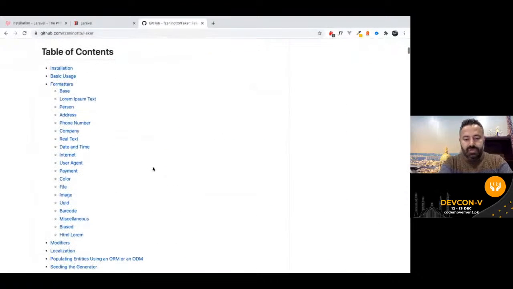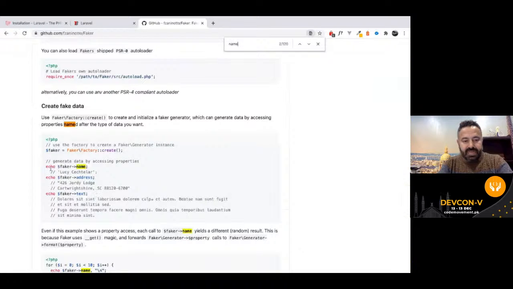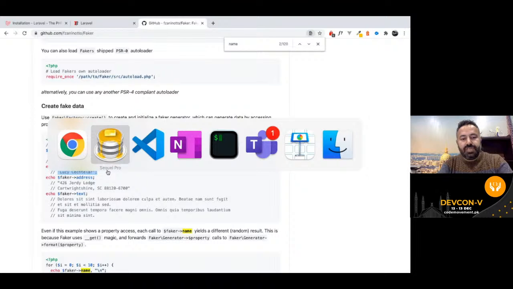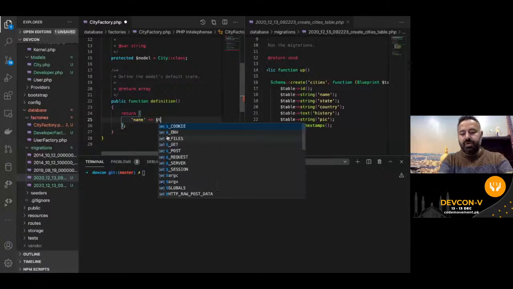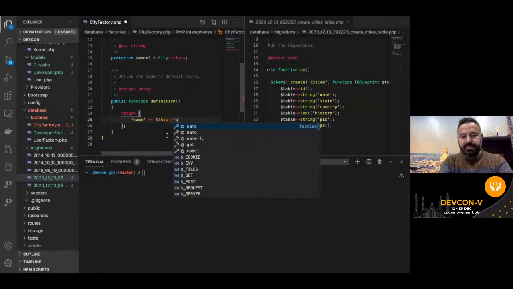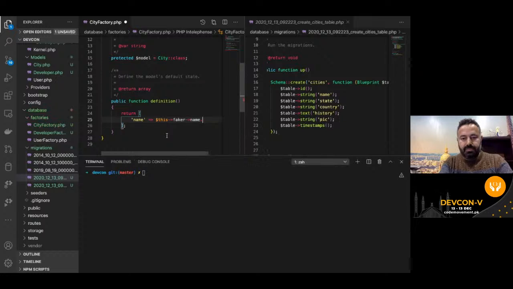So what you need to do is, if you go to name, for example, if you just search name quickly, you'll see that echo Faker name, when you're using the Faker library, is going to generate a name like this. All right, and every time a row is populated, we want to generate a random name, if you may. So this is how we're going to do it. This Faker name is going to get us a random name every time